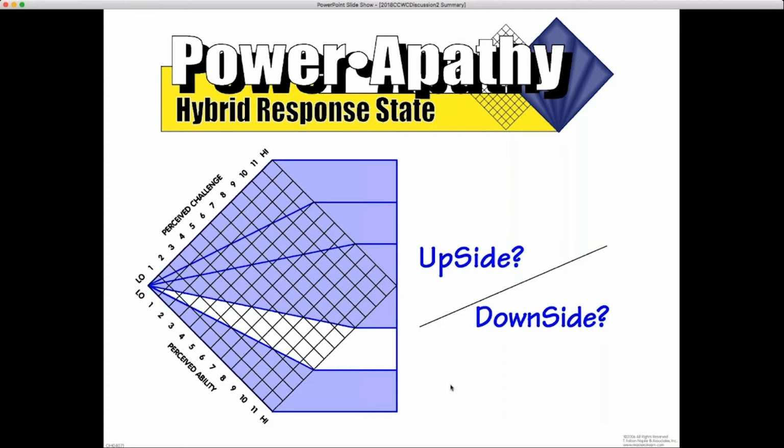It's not that hard. You're not worried about sliding out. Somebody's not necessarily going to overtake you during those laps. It's a little bit of a breather. So I just want to make sure that we don't necessarily portray power apathy as a negative. I think it's a little bit of a chance to relax. When we look at the chart, it oftentimes is a full use of your ability, just not up against the greatest challenge. Yeah, thank you. And that's a good point.